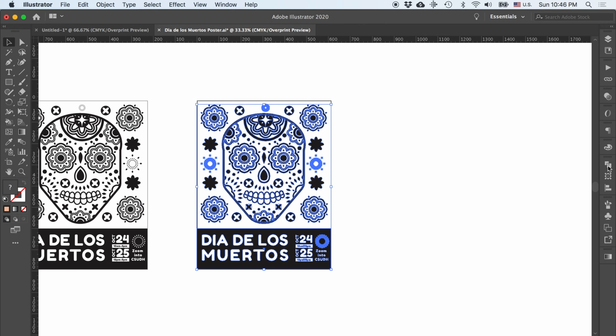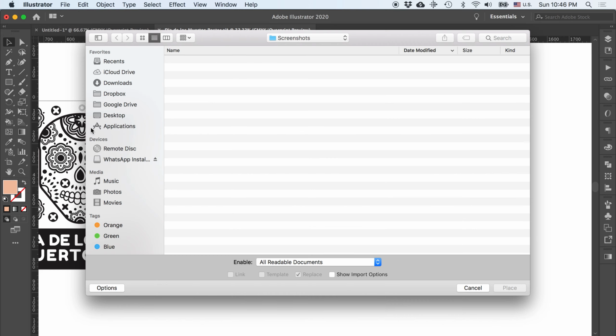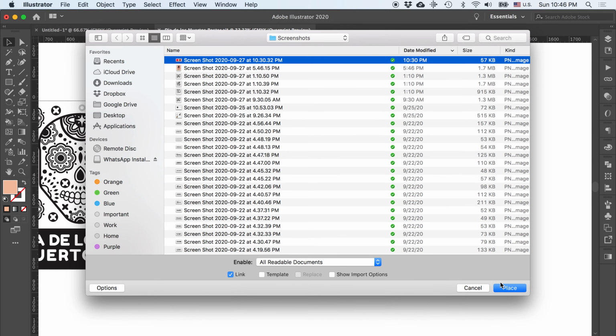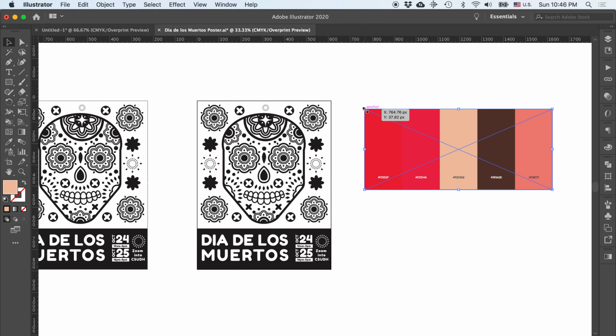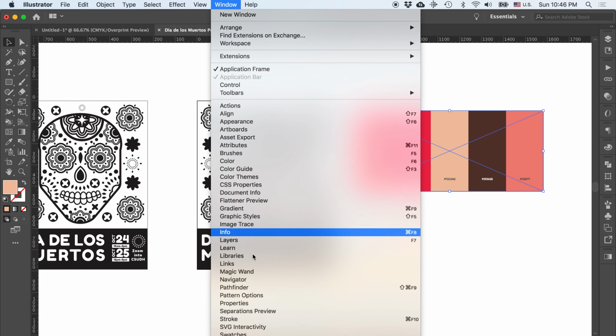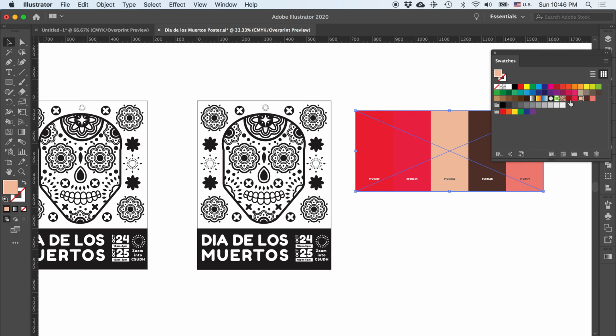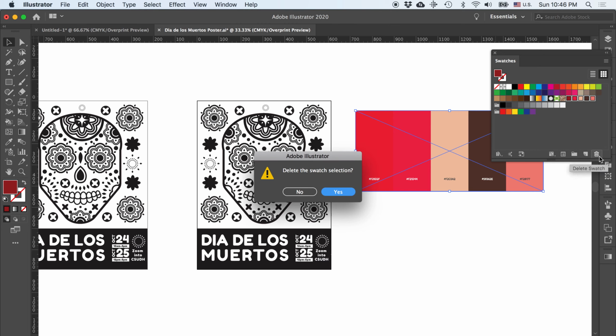So what I did was I actually pulled in a color palette that I really like, and I took a screenshot of it and placed it in here. So I have already created this color palette in my swatch panel. So if I go in here, you'll notice that this is what I created, but I can recreate this simply